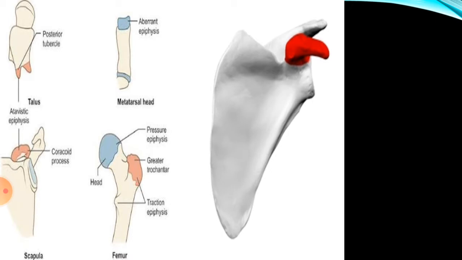So these are the various types of the epiphysis. Just remember that there are total 4 types of epiphysis, and pressure and traction epiphysis. Pressure वो है जो कि आपके पास articular parts हैं long bone के, and they are the weight bearing parts. Traction epiphysis आपके पास non articular parts है bone के, and they are basically providing the space for the insertion of the muscle tendons. Next आपके पास aberrant and atavistic epiphysis हैं.